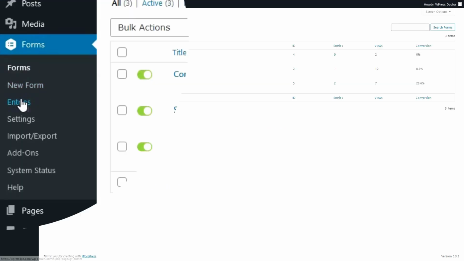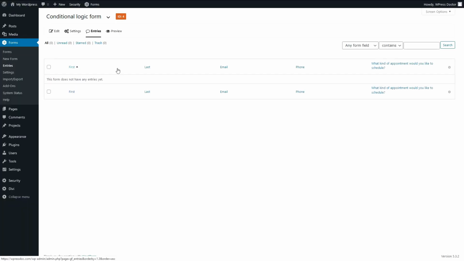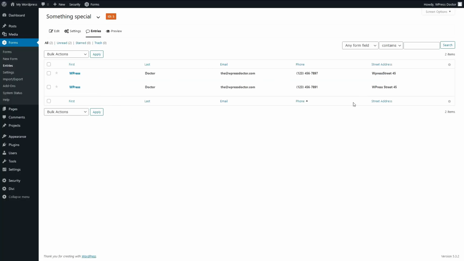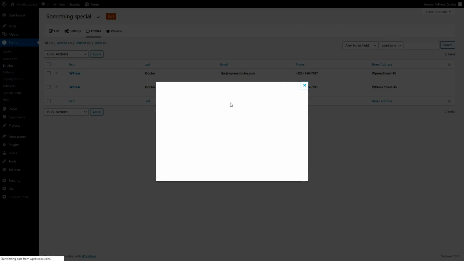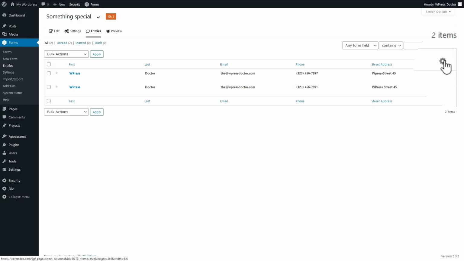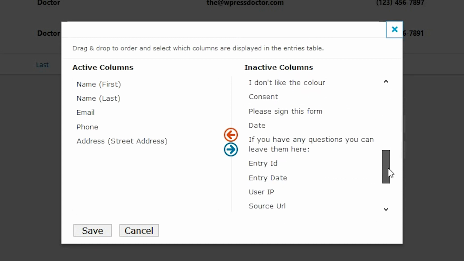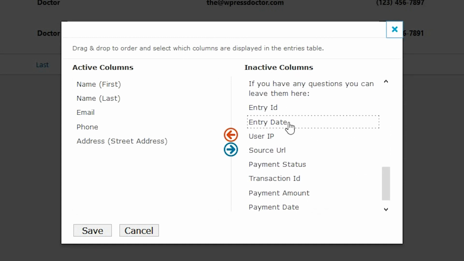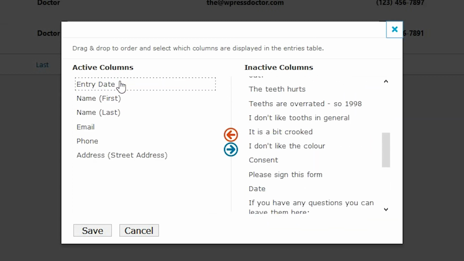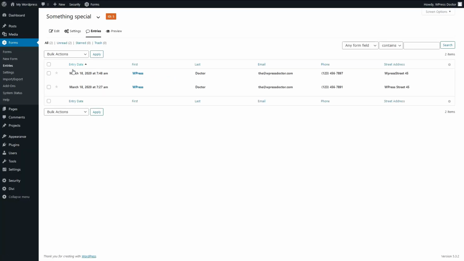To see the PDF, you go to entries, and this was our something special form, and here we go, we have the entries that we created. Let's see the latest one. If you want to change this, for example, you want to add the date, I always do that. You just press this little gear icon here on the top, and you add your date, entry date, and we drag and drop them to the first column. We press save, and now you see the entry date, so that you know exactly when it has been added. We press view PDF,